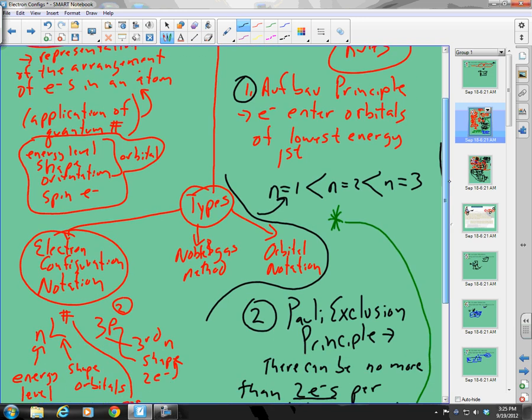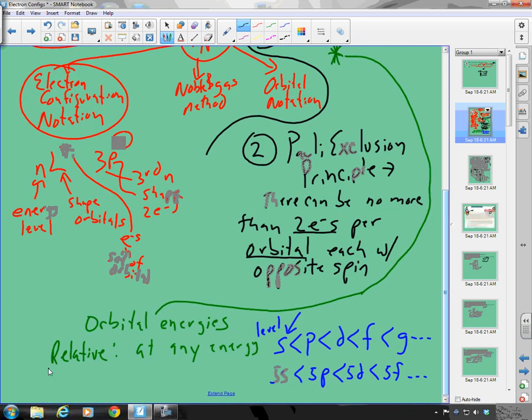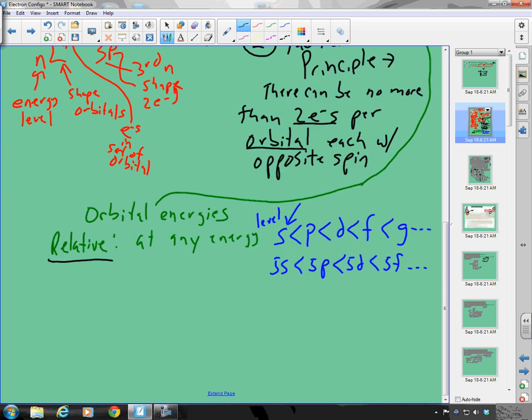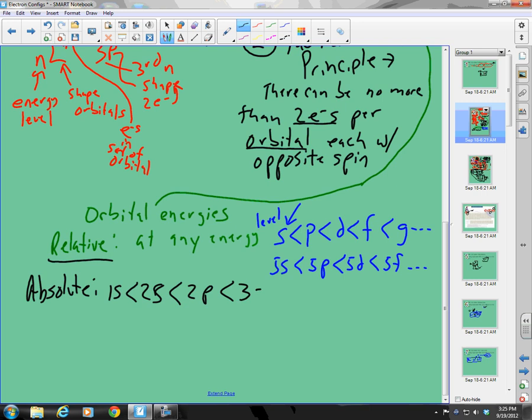Okay, let's add some stuff to our notes way back here, right? We started these notes and we have some things about relative energies. Now let me give you the absolute energies. These are energies by shell or by subshell. 1s is less than 2s. 2s is less than 2p. And then we have 3s, 3p, 4s, 3d, which is less than the 4p, which is less than the 5s, which is less than the 4d,